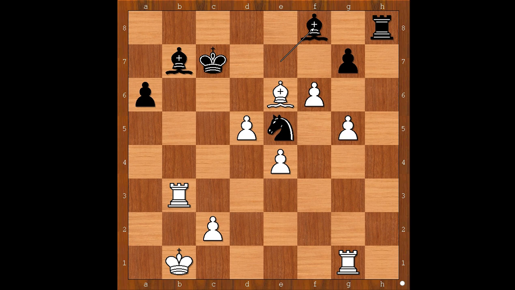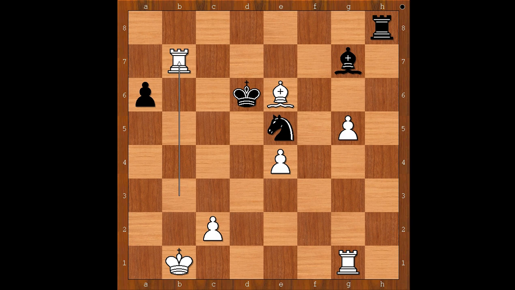The move is d6, check. Svidler resigned in view of this continuation. King takes pawn. But now, not rook takes bishop. f takes on g7 first. And after bishop takes on g7, rook takes bishop. King takes bishop on e6, rook takes on g7. And it is now obvious that white is winning in the endgame.